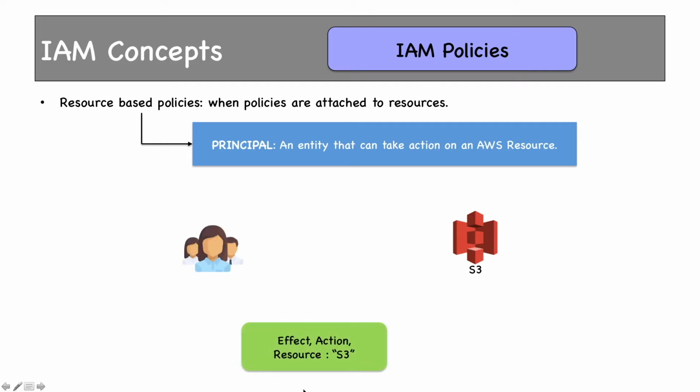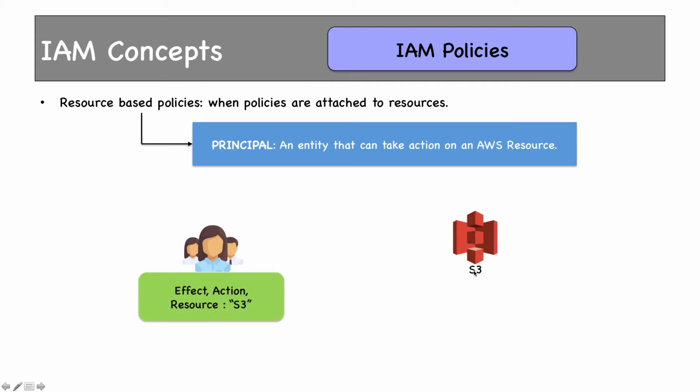In user-based policy, we mention what actions can be taken on this S3 bucket in a certain way, and whoever this policy is attached to, they can get the access mentioned in the policy. In this case, this user or group. In resource-based policy, we mention that on this S3 bucket, only user 1 can perform certain actions and attach this policy to the S3 bucket. No one other than user 1 can access this S3 bucket. This is what resource-based policy is.